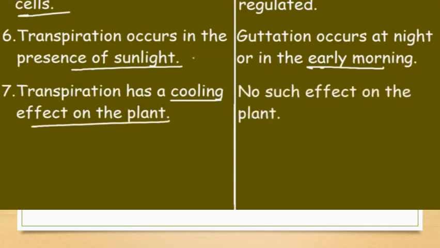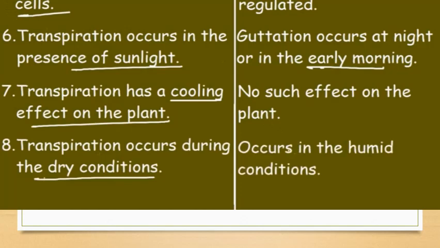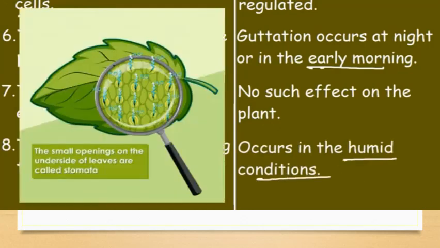Transpiration has a cooling effect on the plant. Guttation has no such effect on the plant. Transpiration occurs during the dry conditions, and it occurs in the